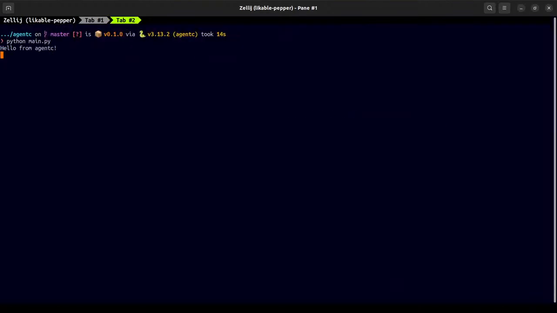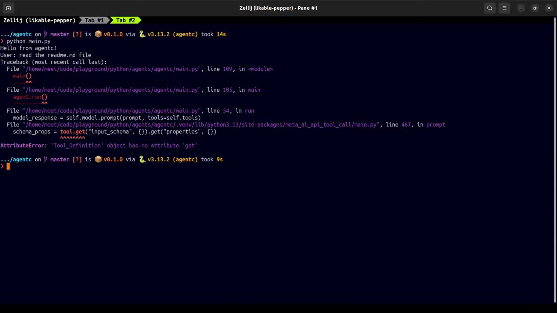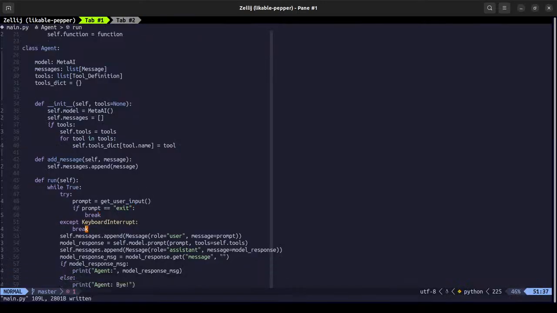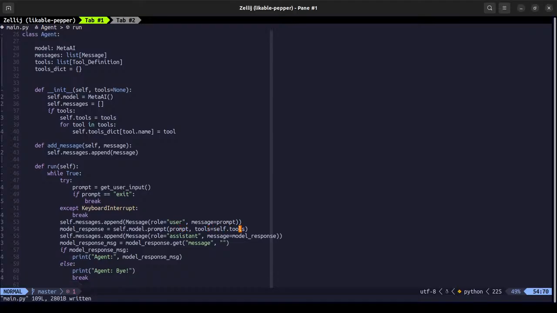Will that work? No. Yeah, because we are passing tools.